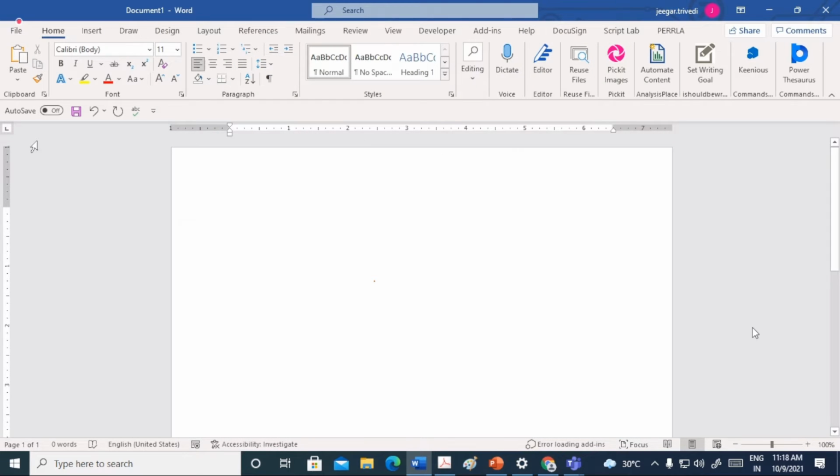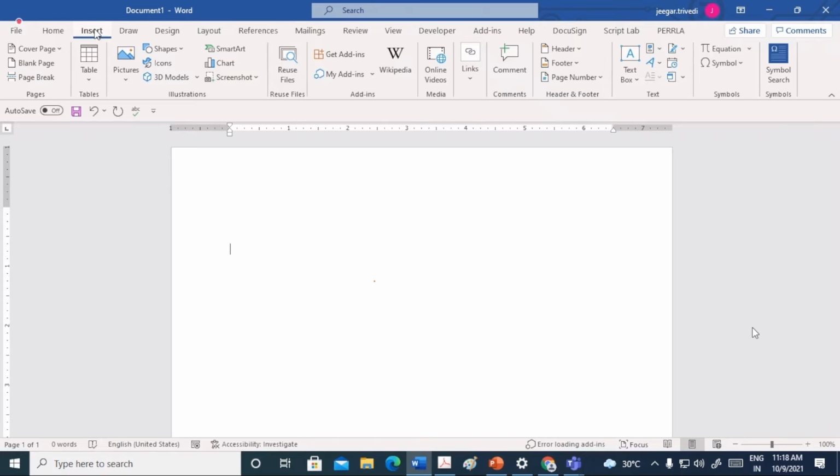Other than that, you have this Home ribbon, where you have normal editing features, fonts, colors, the way it is written. Okay, these are all there. Insert is to add other shapes, objects, or add-ins.